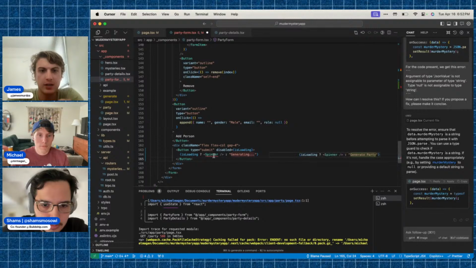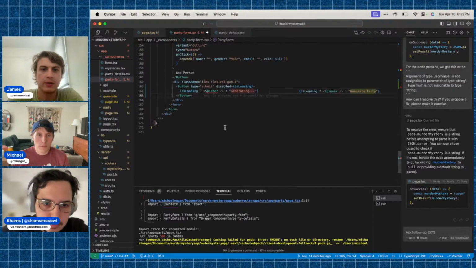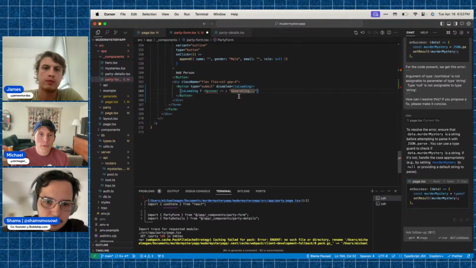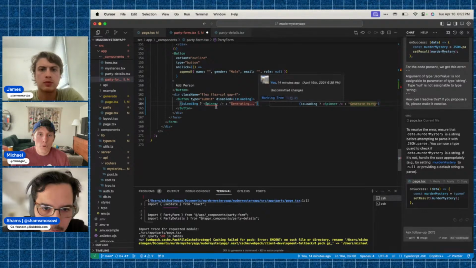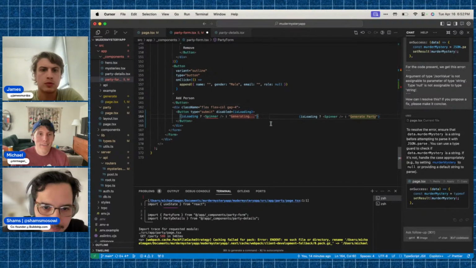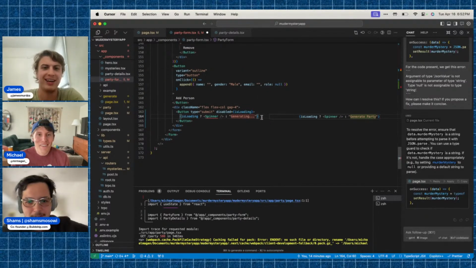Nice. We need to import spinner. Actually, what is? I think you just need to import it. Yeah, but what happens when it's not loading? Oh, okay.